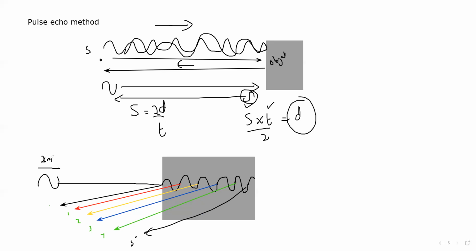Same thing, if we want to increase the detail, we should decrease the wavelength, because a pulse of shorter wavelength will give us more points inside the object as compared to a pulse of longer wavelength. So when we use a pulse, we prefer a shorter wavelength for a more detailed image. But the limitation is that we cannot use too small a wavelength, because it may be absorbed by the material or object, or it might not reflect back.